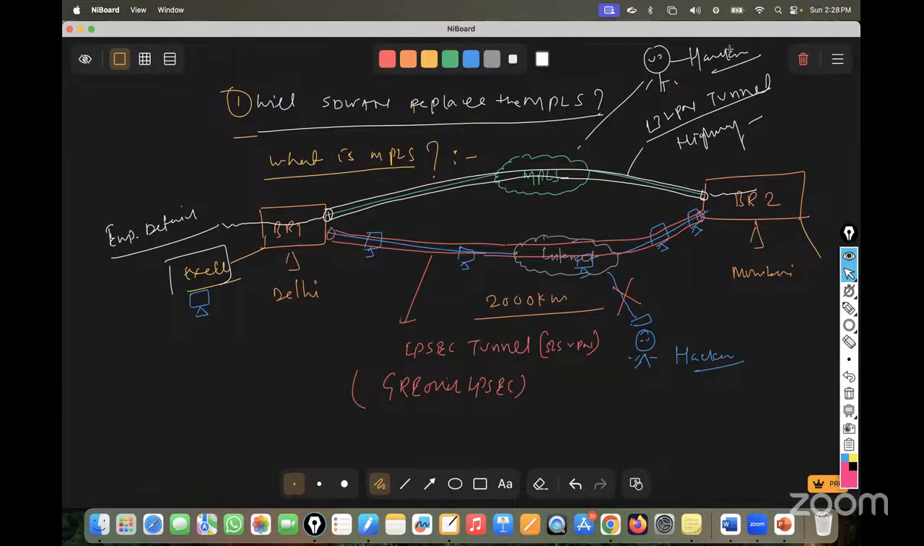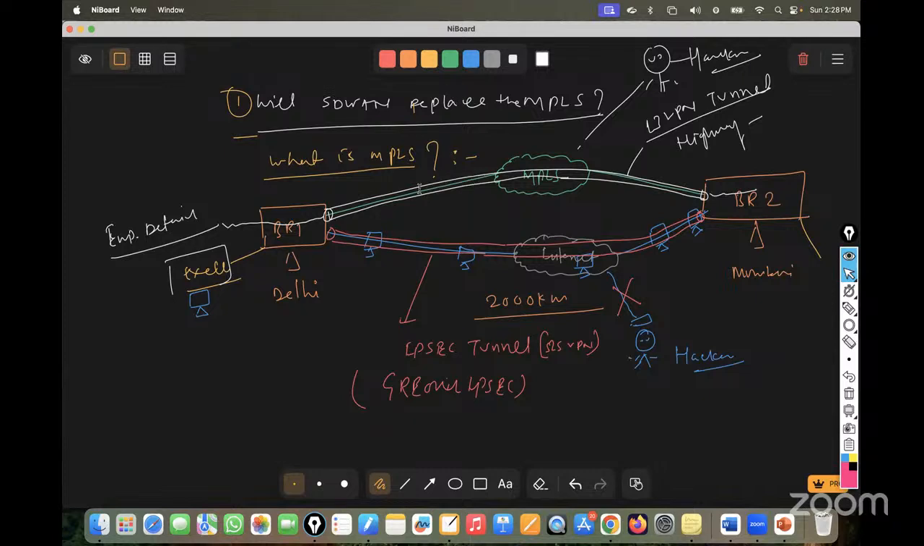Now come back to the question. Will SD-WAN replace the MPLS? Now we have to understand, when we talk about the MPLS or internet or SD-WAN, what is the relation between all these three? Then only we can get an answer. Okay. So when I talk about the SD-WAN,